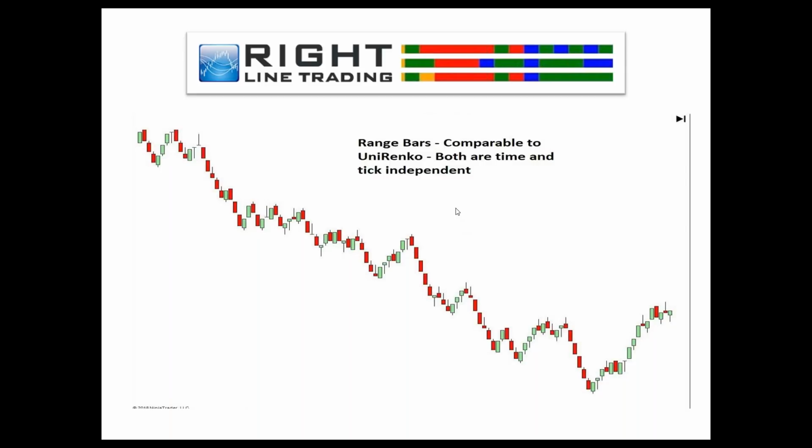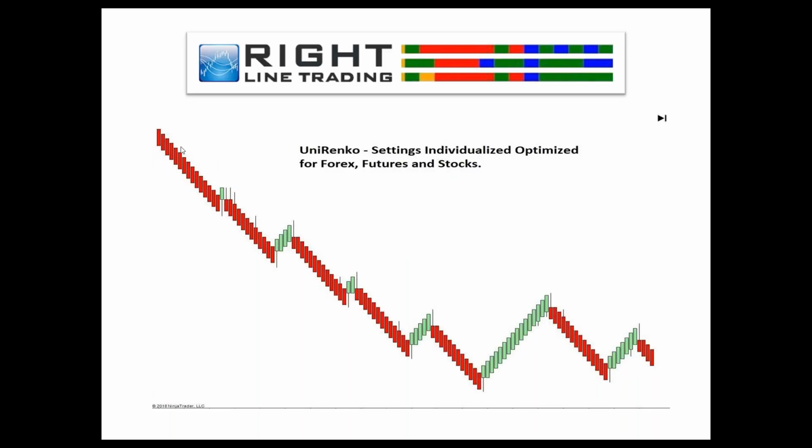But in the last 8 to 9 months, we have changed to Uni-Renko. Now, Uni-Renko is a unique kind of candle. We have a hybrid Uni-Renko. I'm not going to have time to tell you what the hybrid is. It's really a very unique candle, and I don't think you're going to see it anyplace else. Although I know from the traders in the room that we didn't invent it, that they've seen it in other places, right now we're the only place in town that is using it. When we developed it, I didn't know anyone else had. But Uni-Renko